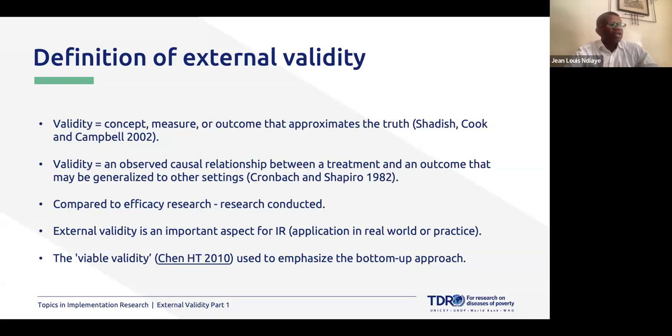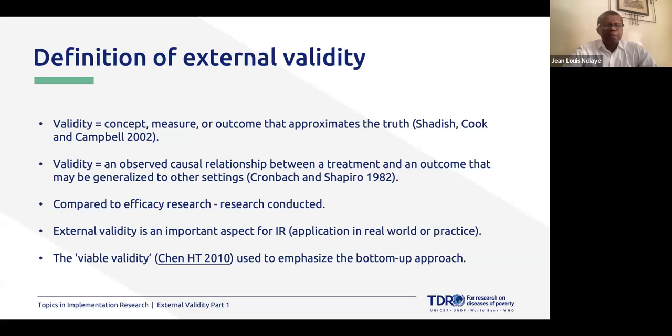So the assessment of external validity allows us to determine the relevance of research findings from one setting to another and facilitates the translation of research evidence to practice or policy broadly, compared to efficacy research. For example, efficacy research is when you're testing an intervention and we provide evidence-based information that this is working. So external validity is a bit different because it's really looking at the implementation process in real-world conditions, which in one setting could be